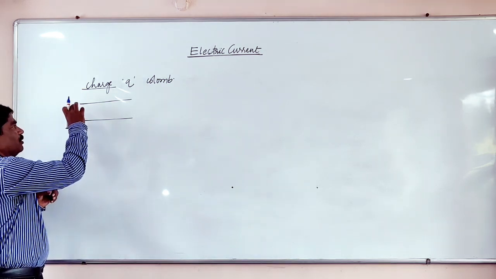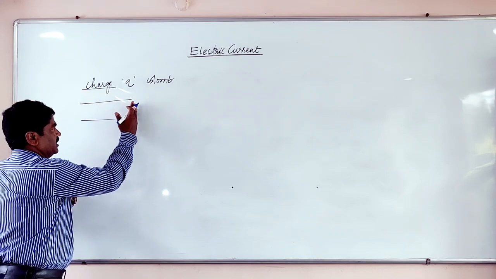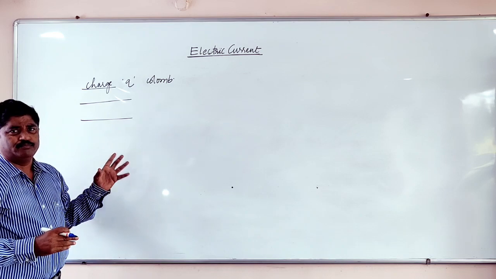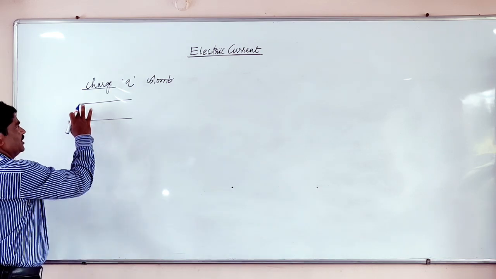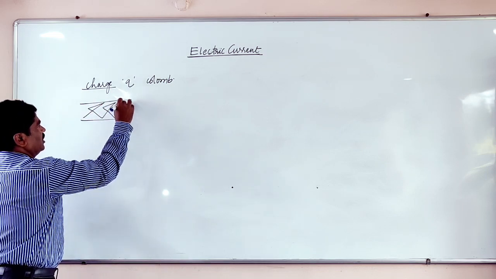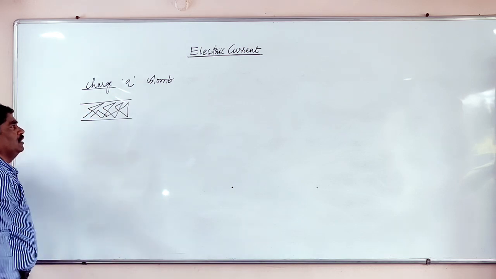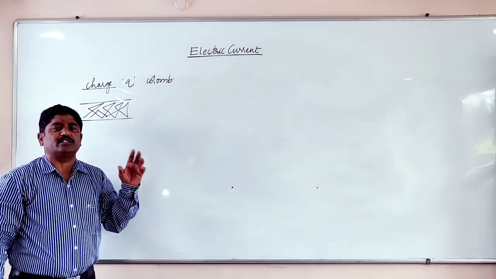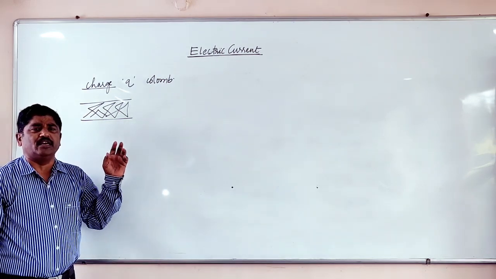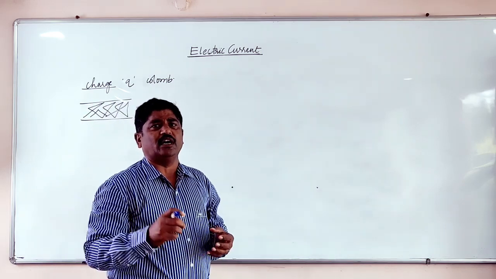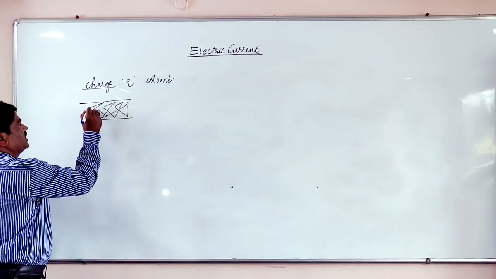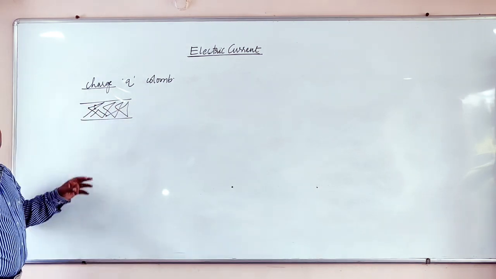So the number of electrons flowing from one end to the other end and from the other end to this end must be equal, because when there is no other connection to this conductor, the electrons make random motion. This kind of motion of electrons is called thermal motion, and these electrons make a lot of collisions with the fixed ions, and every collision changes the direction of the velocity.